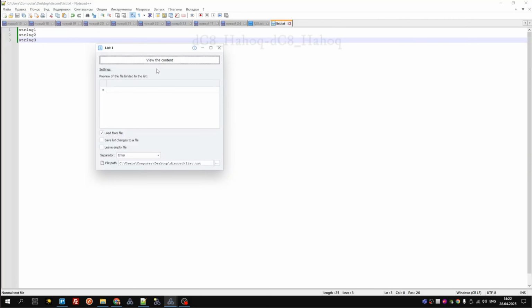Actually, a list is just a bunch of strings, and you can use it somehow, put them to the file or extract them from the file and use it. So here are the basics. We load it from the file. Save list changes to a file. So for example, if we will take